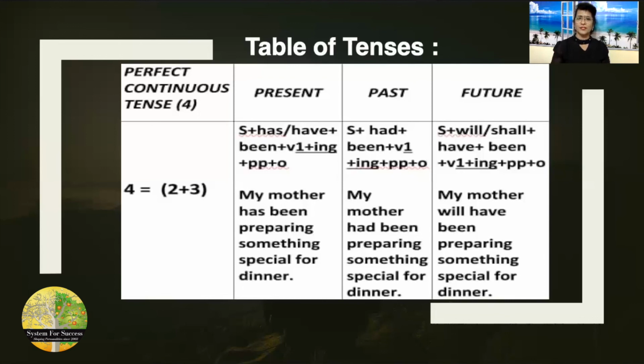In the past, perfect continuous tense: subject plus had been plus V1 ing plus preposition plus object, because there is only one special verb which is had. In future tense there is one special verb which is have. So the sentence will be subject plus will have or shall have plus been plus V1 ing plus preposition plus object. An example is, my mother has been preparing something special for dinner. My mother had been preparing something special for dinner. My mother will have been preparing something special